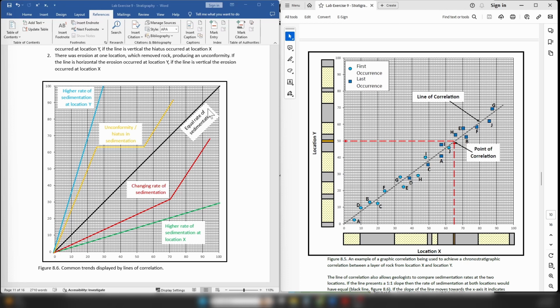So in the case of the black line, you have a perfectly equal rate of sedimentation. So you can see that the black line simply just goes up at the same rate for both locations. So there's nothing particularly special going on there. Now, if, however, your line of correlation is shallower, like the green line here, so it's more towards the x-axis, that indicates that the rate of sedimentation at location X is higher than location Y. So more sediment is being deposited more quickly at location X